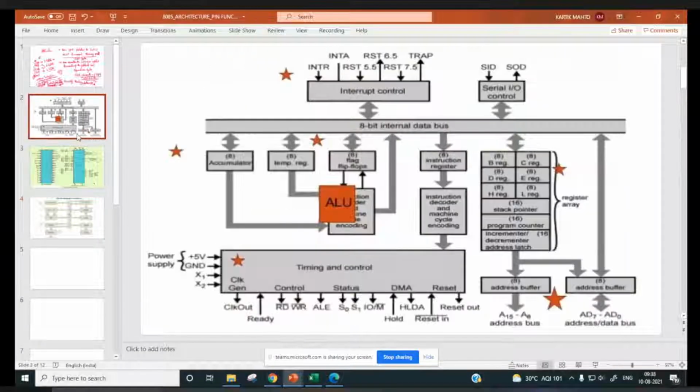This one is the 8-bit processor. This is an 8-bit processor, developed in 1976. So at that time, of course, this control ROM was there. Still, control ROM is there these days also, for decoding the instructions and generating the machine cycles. And once these machine cycles are encoded, then the micro instructions are generated from the control ROM only.